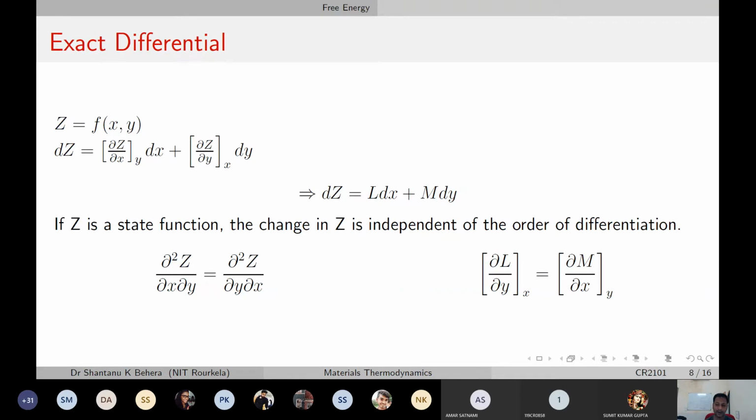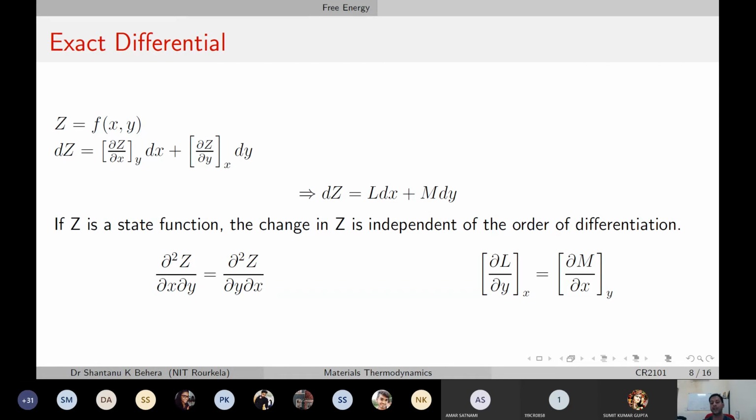And let me also give you a slightly mathematical concept again. Again, we talked about it. Say there's a function which is a thermodynamic function, let's say z. Z is a thermodynamic function which is influenced by x and y, where x and y both are, let's say, two thermodynamic parameters, thermodynamic variables. Okay, and if z is an exact differential, or it means it is a state function, which